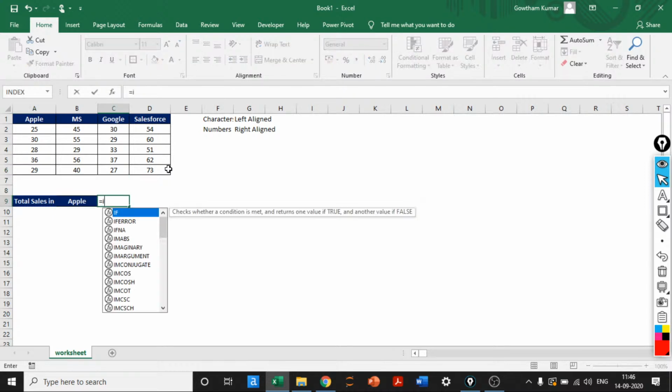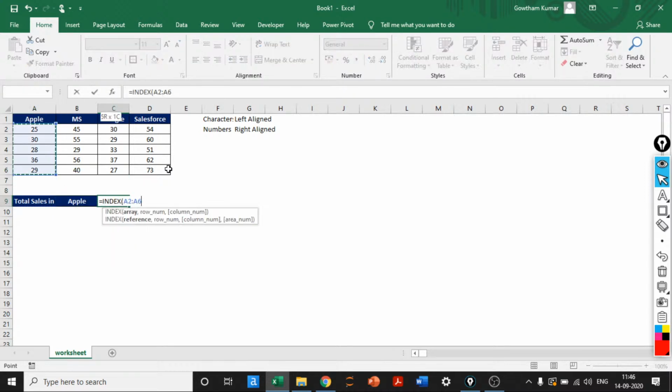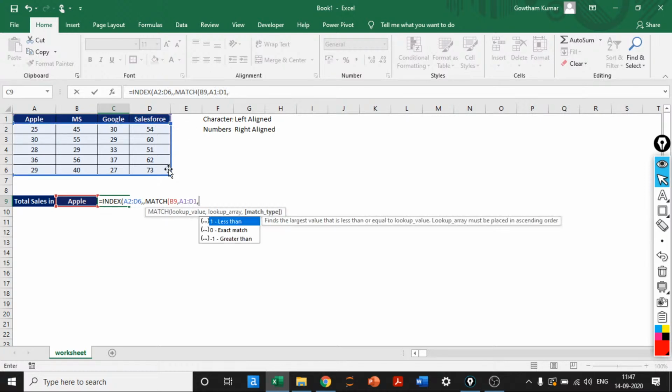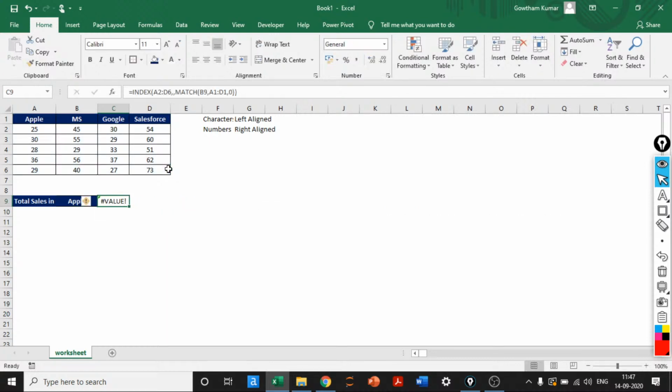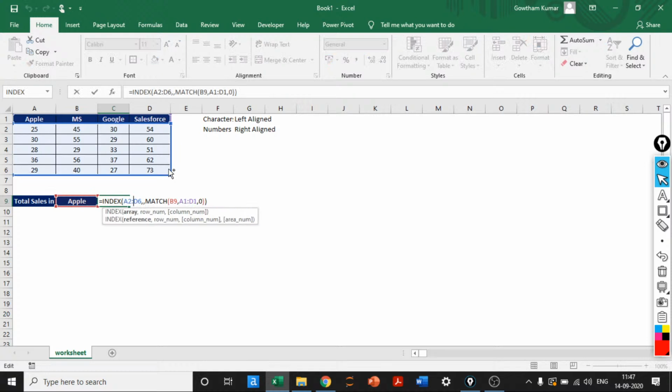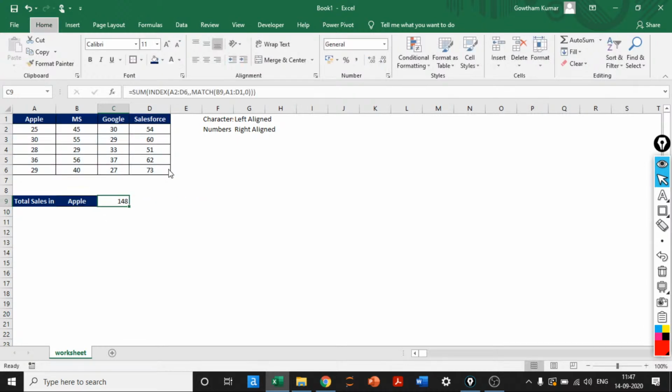what I'll do is use a different formula in this case, INDEX, and I will match this not at a row level but at a column level. I will match all these things with zero. Sorry, it should be zero. What I'll simply do is sum everything here. So see here,